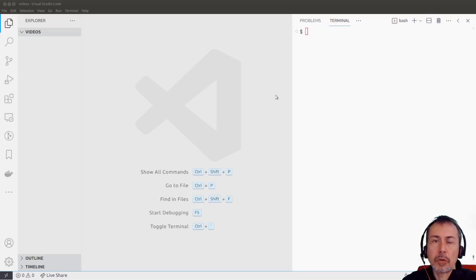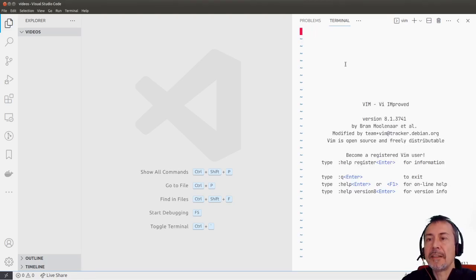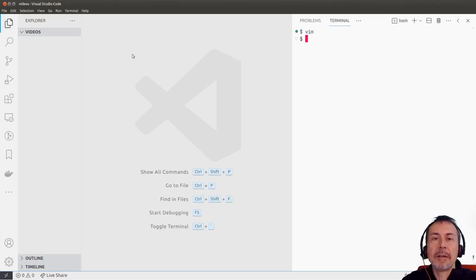In this video, I will show you how to create a shell script. The first thing that we need to do is to create a text file. Remember that scripts are text files, and we can create that text file using whatever method we prefer. We could use a terminal text editor like Vim, or we can use a graphical text editor like the one that is bundled with your operating system, or we can use